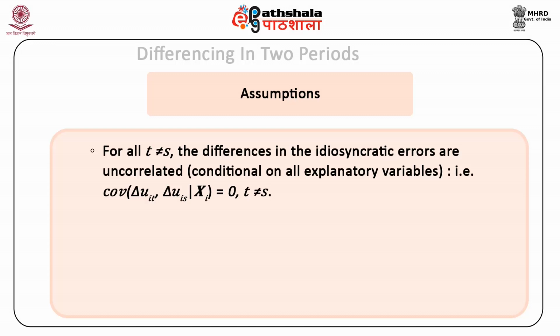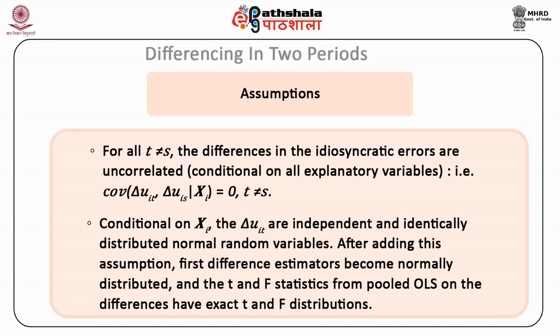This assumption means that the differenced errors are serially uncorrelated, which means that u_it follows a random walk across time. Note, under assumptions 1 to 6, the first difference estimator of beta 1 is the best linear unbiased estimator, obviously conditional on